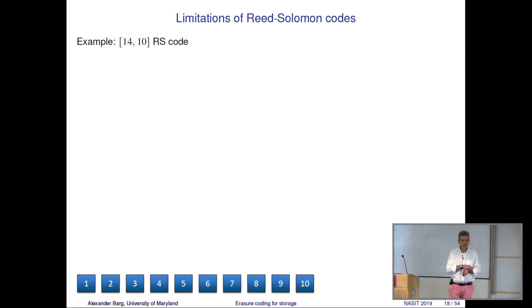Let's say we take the 14, 10 code, this Facebook code, called Facebook because it's installed there. 14 is the length, 10 is the number of the data symbols, and the field in the background is of size 16. All right? So there are 10 symbols of the data, 4 parities. It does not have to be systematic, but of course, systematic means that the data symbols enter the encoding without changes. And so the only thing that we change for the encoding is the parity symbols.